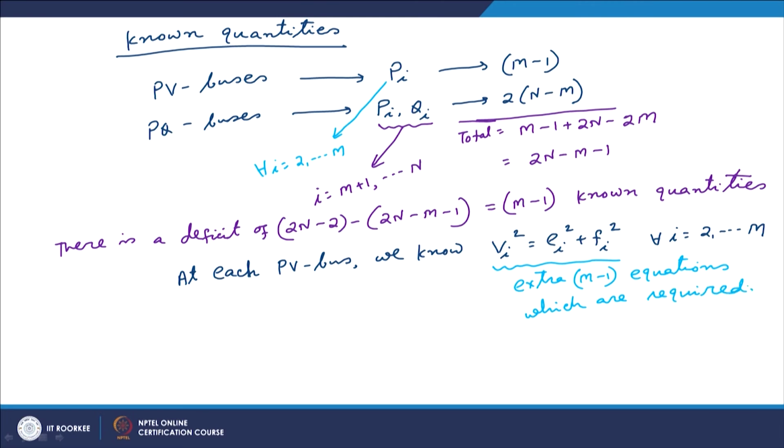So, to summarize, my unknown quantities are Ei and Fi, for all i equal to 2 to n,